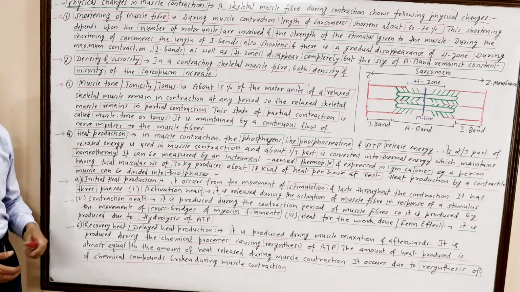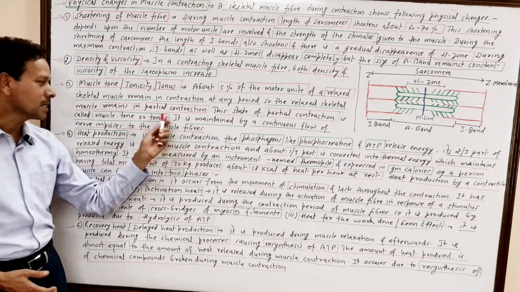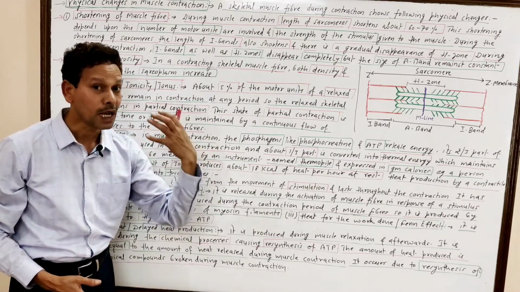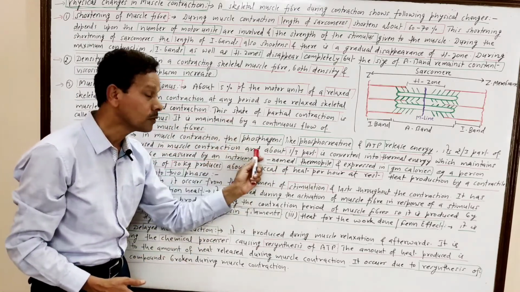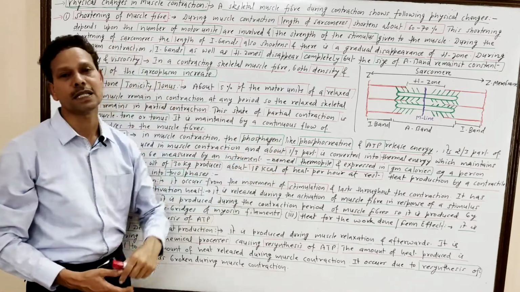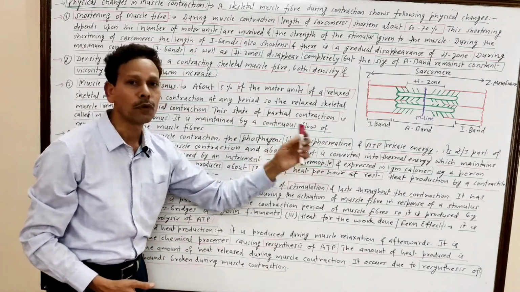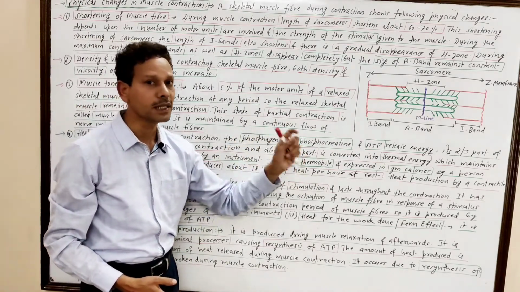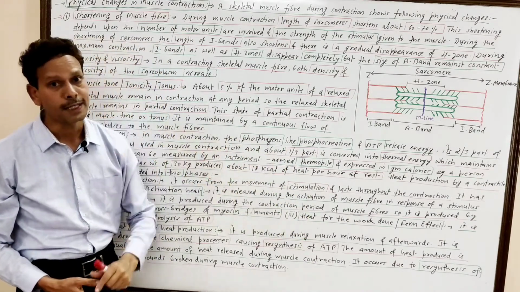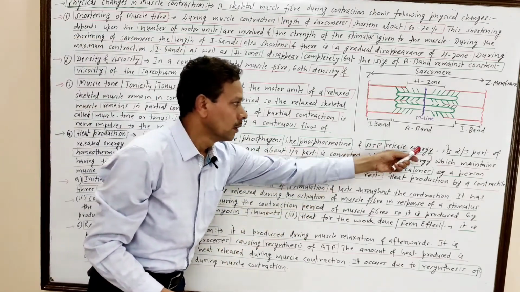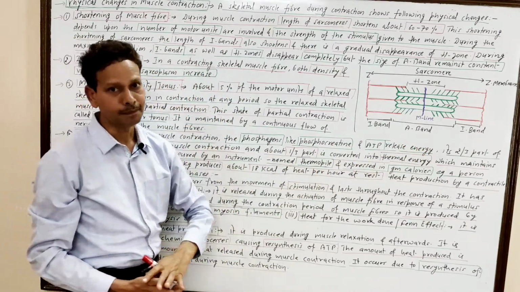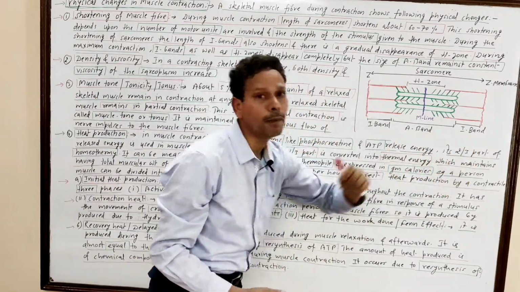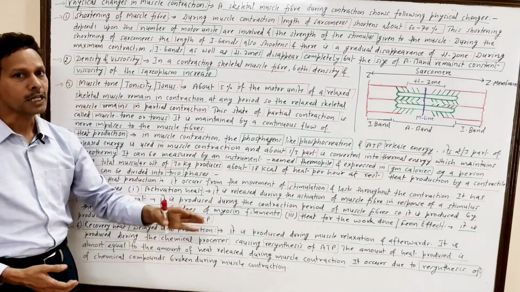Next, chemical changes, heat production. In muscle contraction, some chemicals are there which produce energy, and these energy producing chemicals are phosphagens like phosphocreatine and ATP molecules. Out of the energy which is produced during muscle contraction, about 2/3 part, meaning the maximum part,